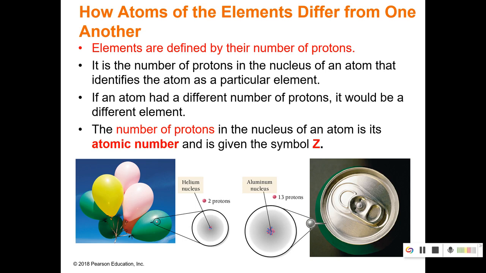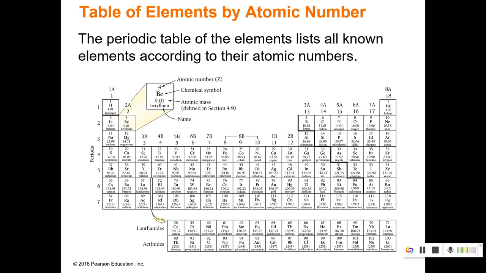Okay, so how do elements differ from one to another? So just remember that elements are defined by their number of protons, which is also the atomic number, or Z. Capital Z is the abbreviation. And the atomic number is the top number on the periodic table. It's a whole number, it's going to be the smaller number. Okay, almost always it is the top number on the periodic table. And you can see it here.